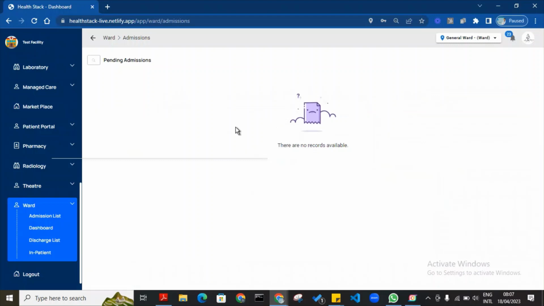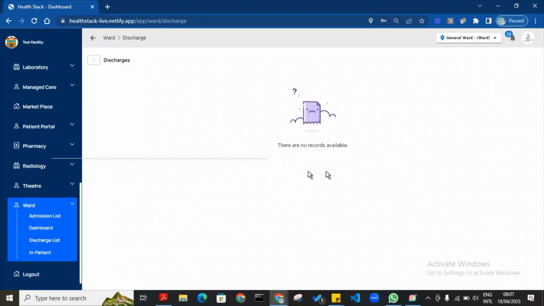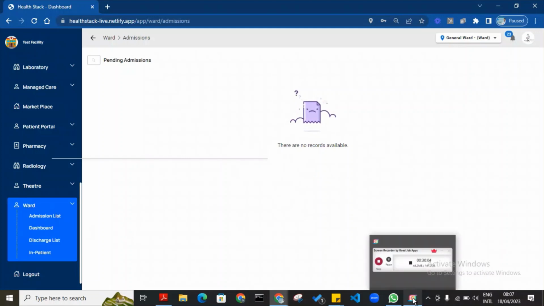Once you see that list, you can process that admission request and get that patient admitted to become an inpatient. And you can manage the inpatient from here, until there's a request to discharge the patient, which you can process here as the case may be. Okay, so yeah,